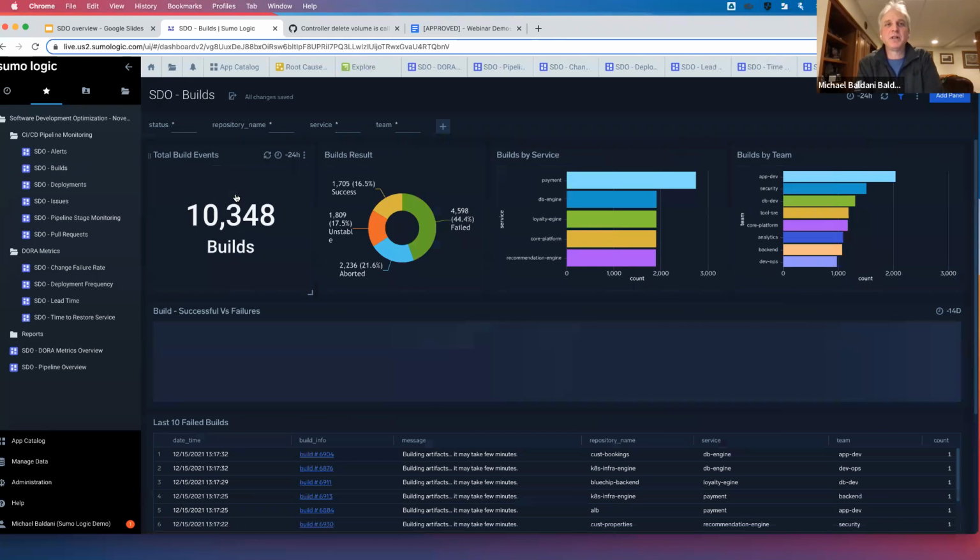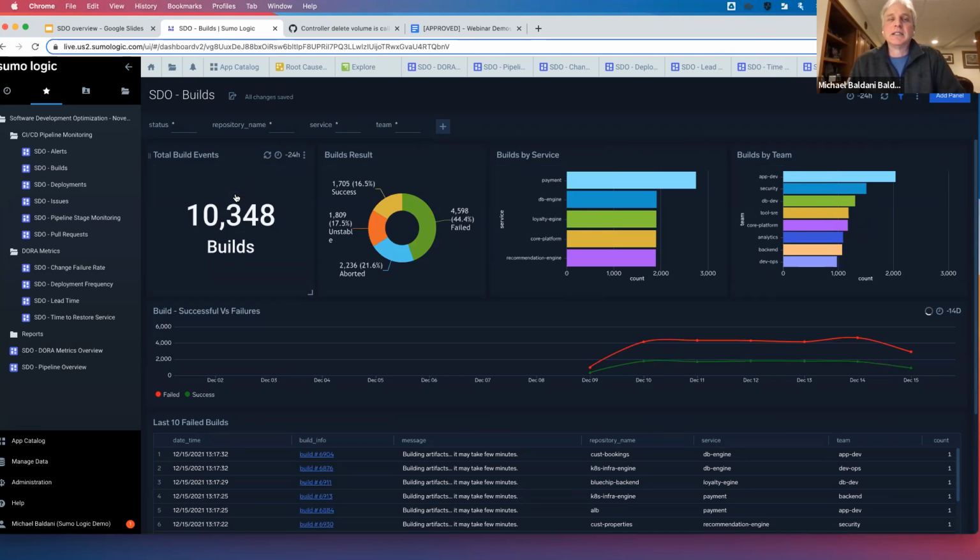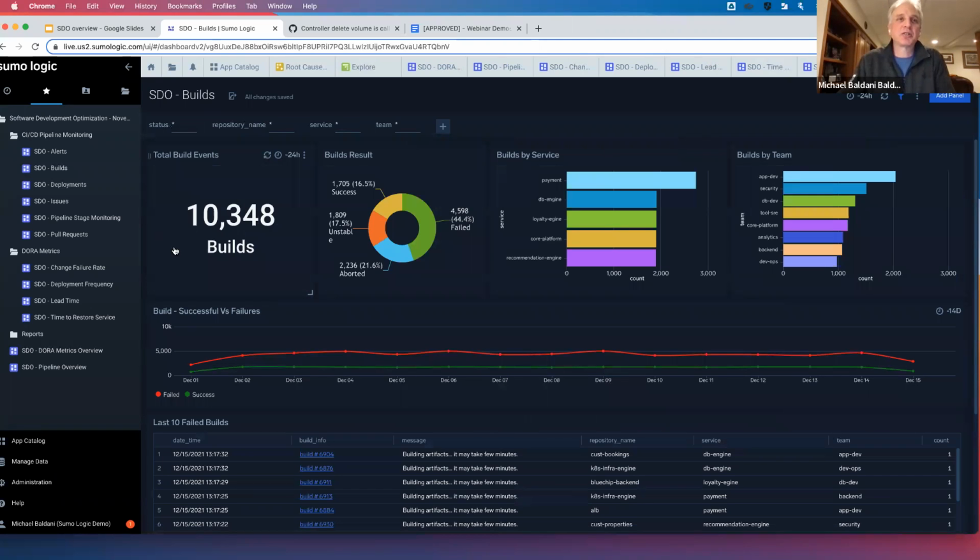One click down, detail into the builds. Again, more visibility so you can have a complete understanding of what's happening in your software delivery, development delivery process, where things can be improved, where things are going well. So over a 24-hour period, we had 10,000 builds. We see that 4,600 of those failed versus were aborted, unstable, and 1,700 that were successful. We can see the builds by service and by team. So who had more builds than others, why,